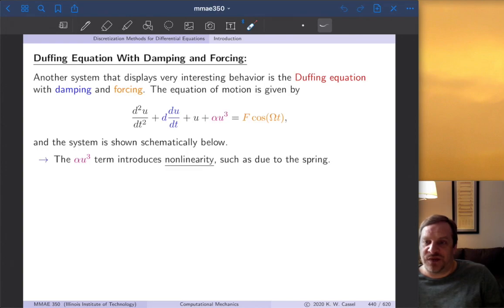Okay, in the next video we'll look at the differential equation, and this is a very, very interesting nonlinear